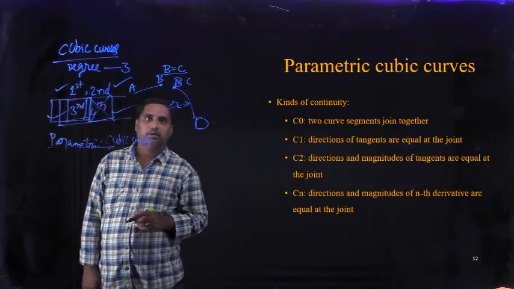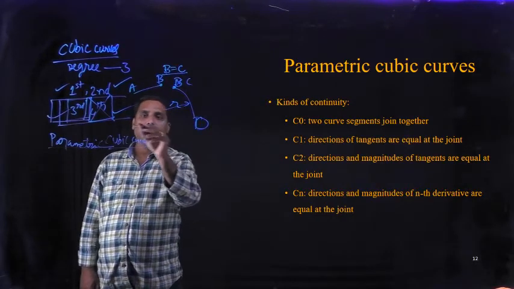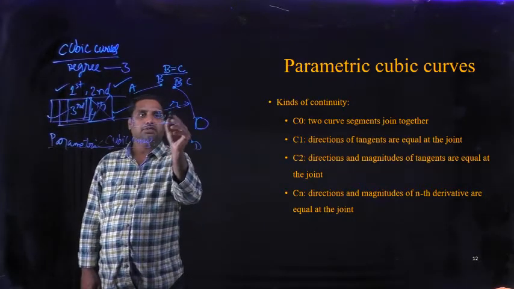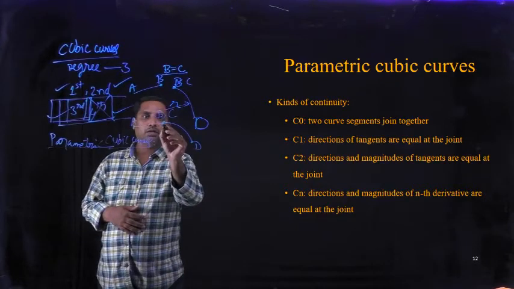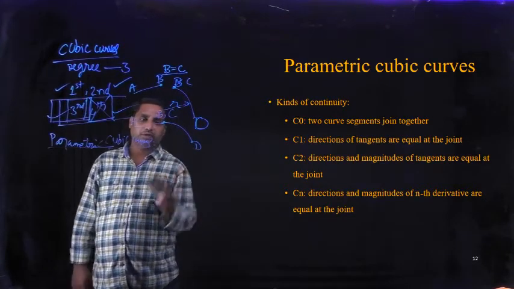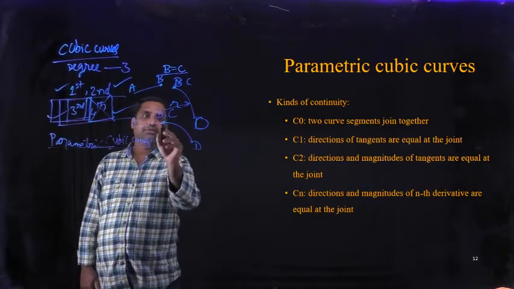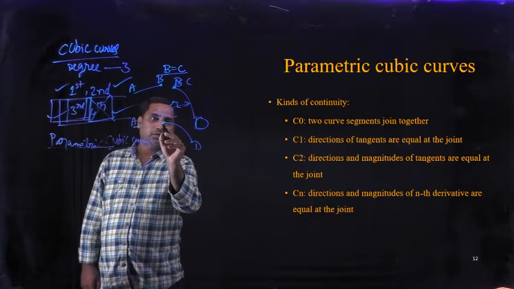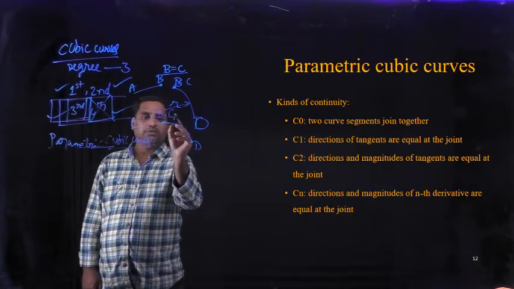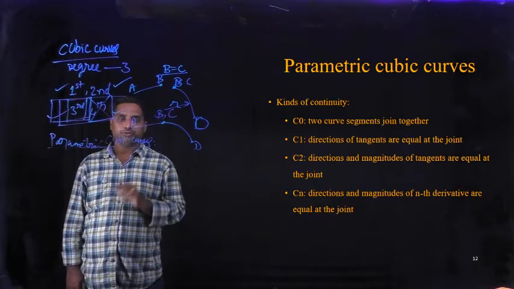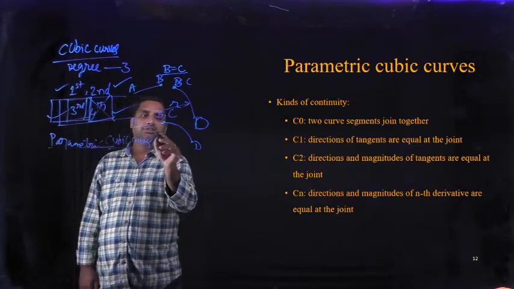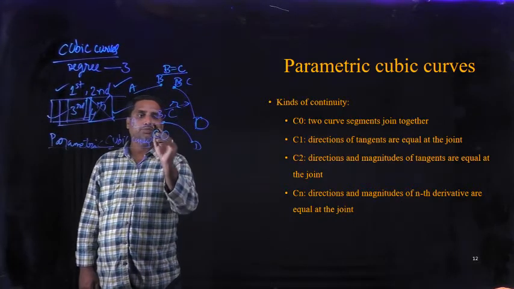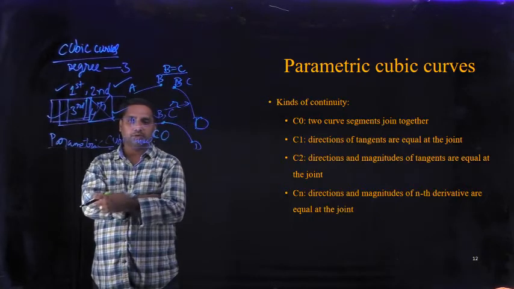That means here we are not bothering about the smoothness of the curve. C0, we are just joining B with C. The continuity of the straight line to the circular arc is coincidence of points. What is the degree of a point? 0. Hence this is called C0 continuity. That means points coincide and we get the curve.